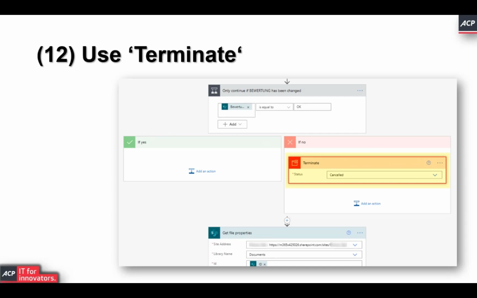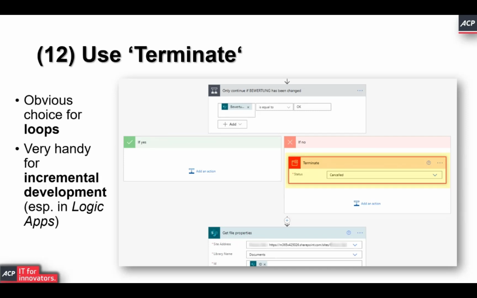So you can increment things step by step, add some compose debugging functionality. But this is particularly crucial if you're working within Logic Apps, where each run of each connector costs actual money. So make sure all of the Logic Apps users use terminate functionality. Exactly for loops and incremental development, exactly.